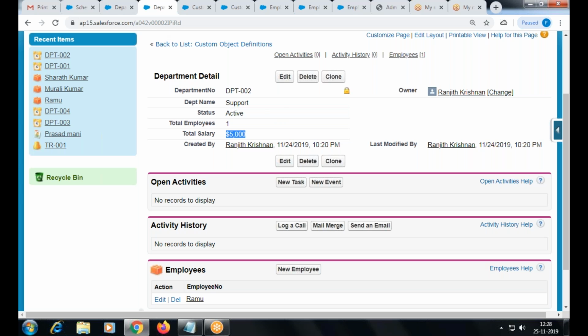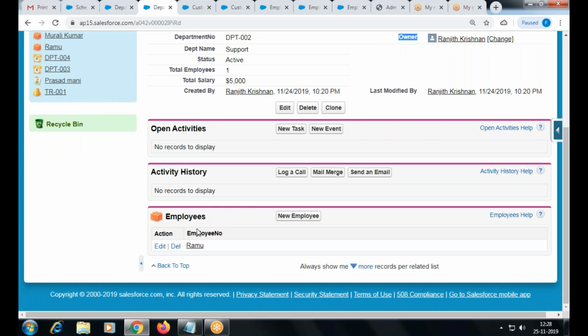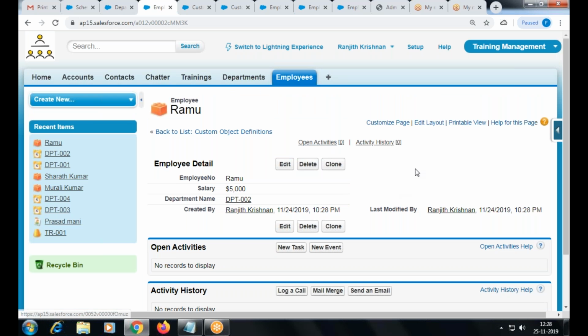And there is another property. Every record has an owner field. You see here, the owner field, right? Owner is a field which controls the permission. So if he is the owner, then he has access to delete the record as per the profile permission. When two objects are in a master detail relationship, I go to the employee object record. Do you see the owner field here? No. So when two objects are in master detail relationship, the child will not have any owner field. It means the access and permission is controlled by the master.